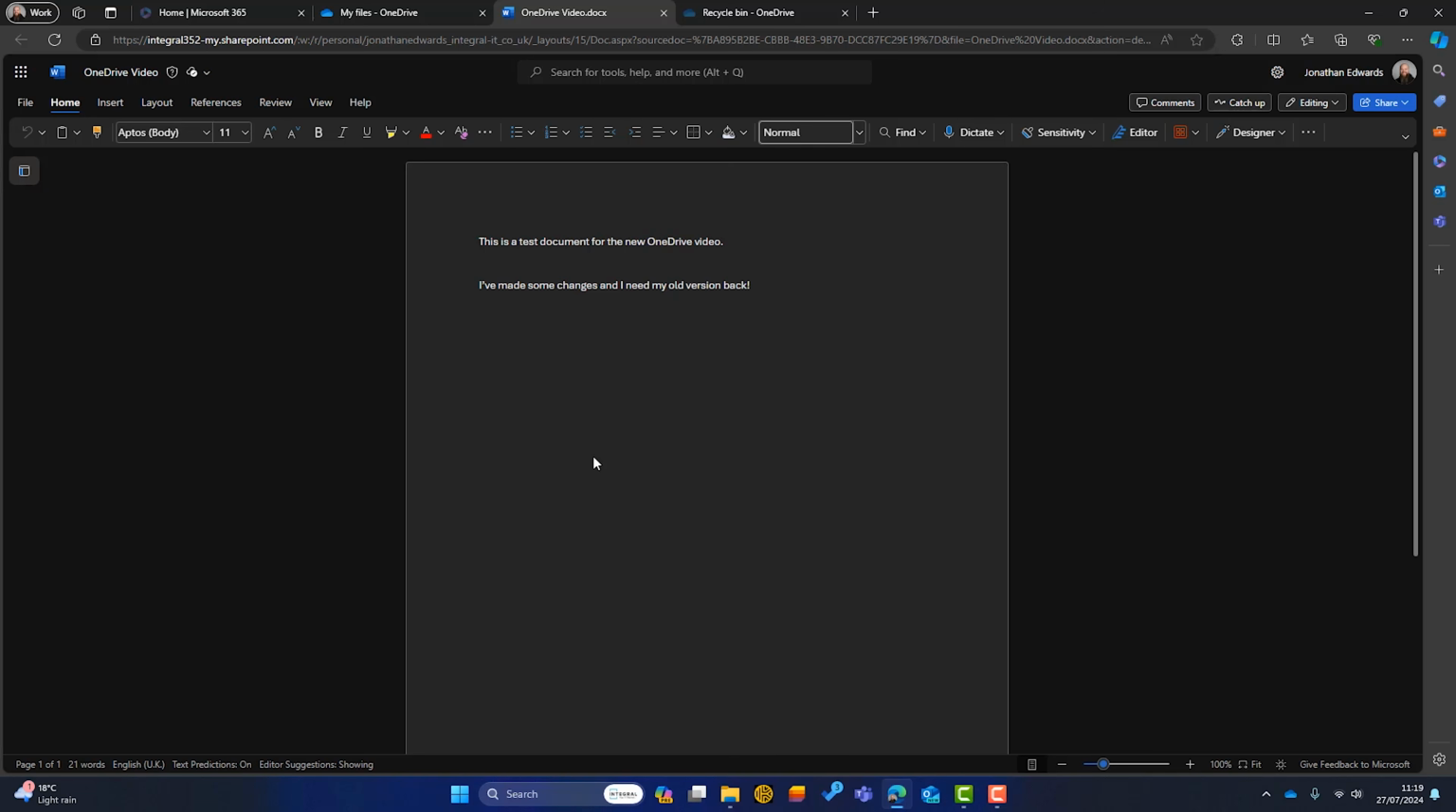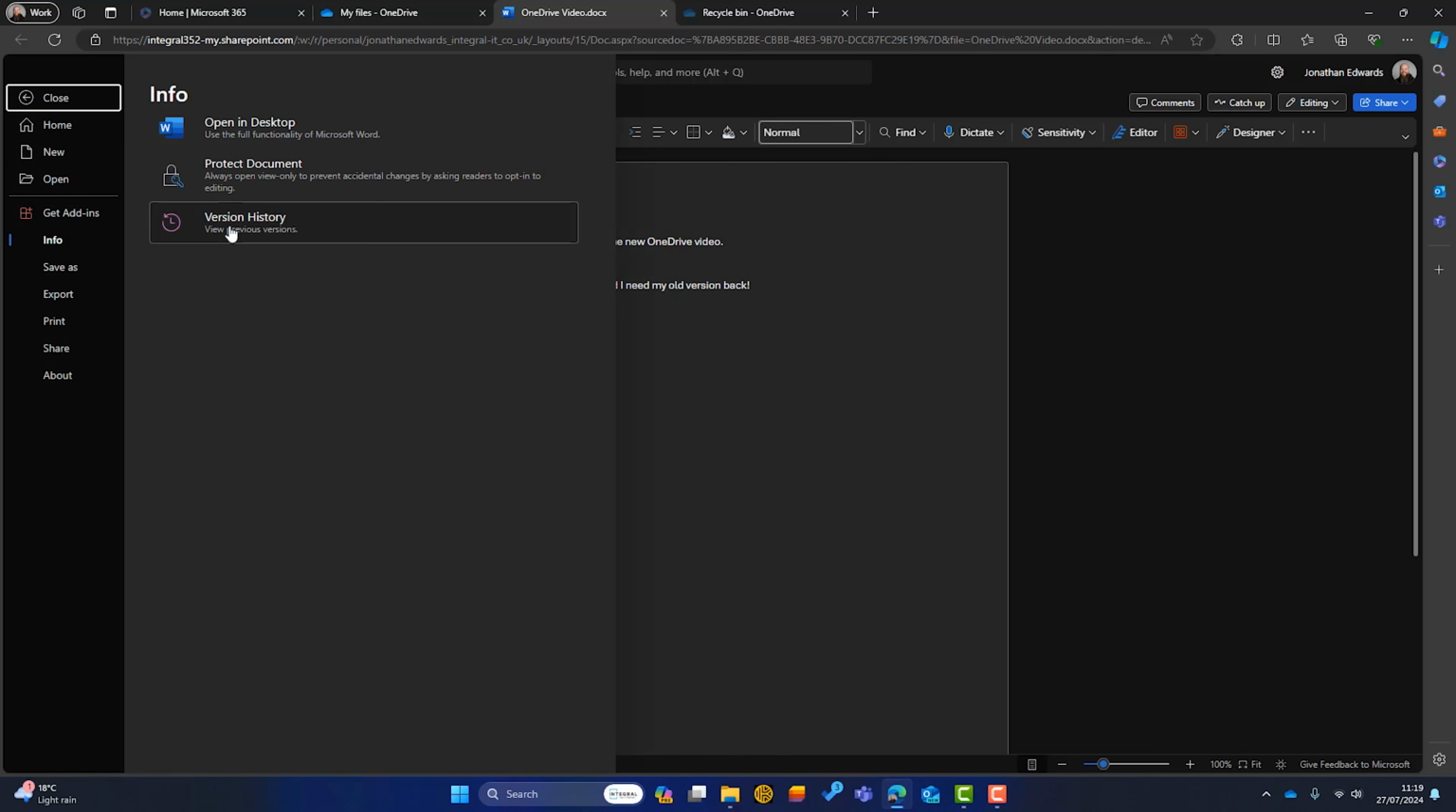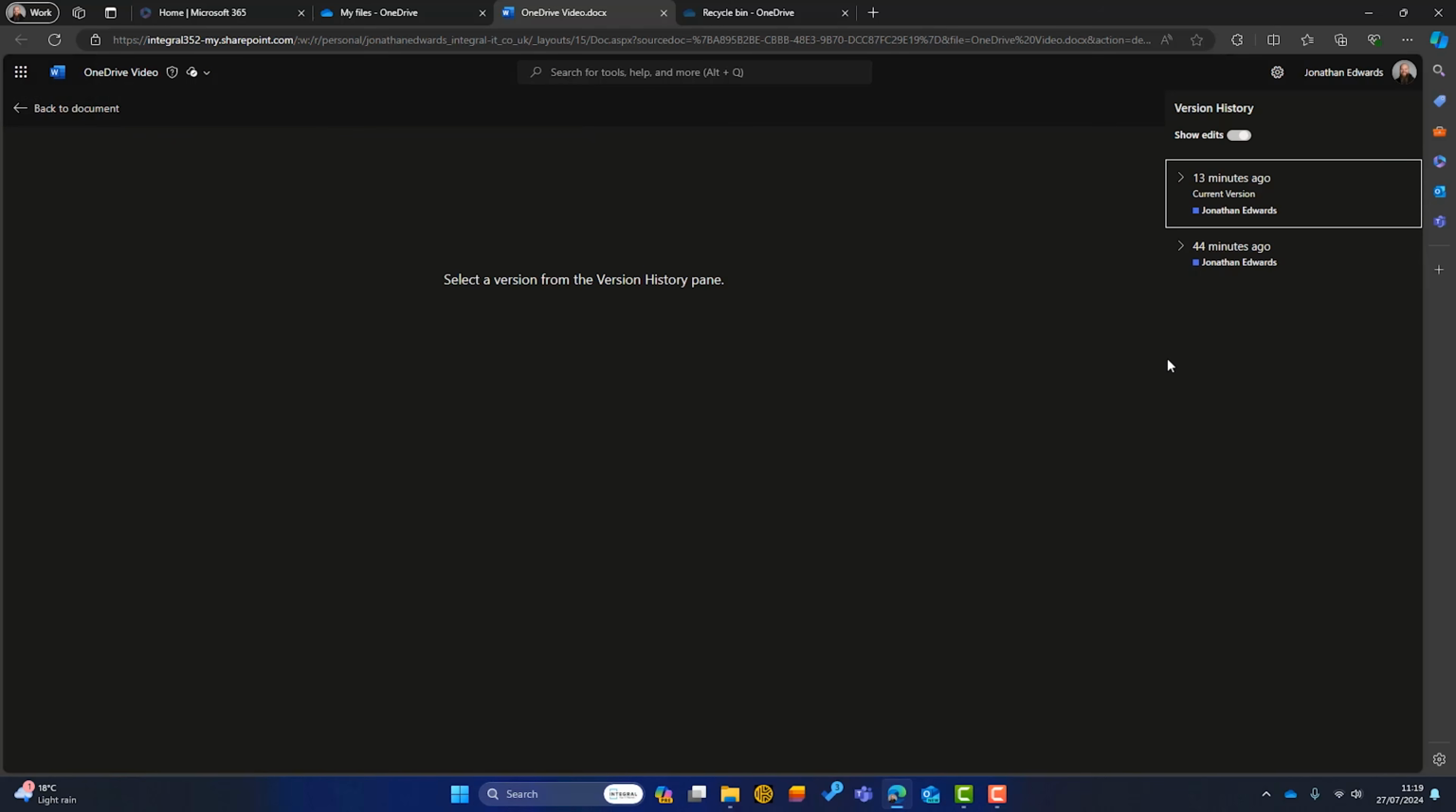Well, OneDrive has something built in called version history. And if I go to File, Info, Version History, you can see the previous versions of this file. So I made that change 13 minutes ago. So this is the current version. The original file I saved 44 minutes ago. Now, if I'd made multiple changes over many days and weeks, I'd get an entire list of different versions. So here I'm obviously in the